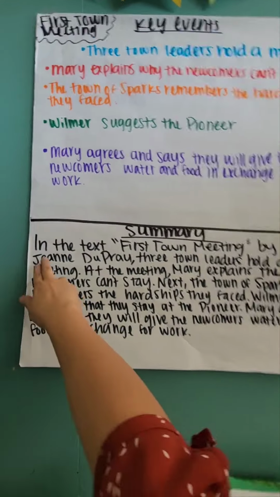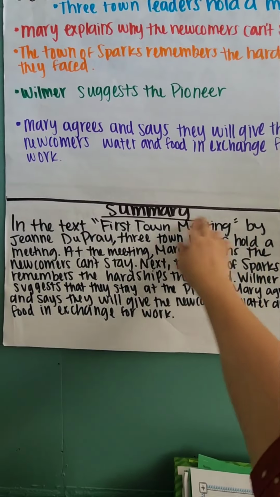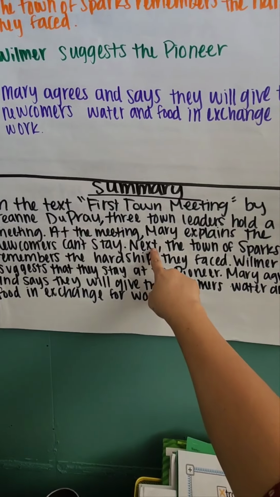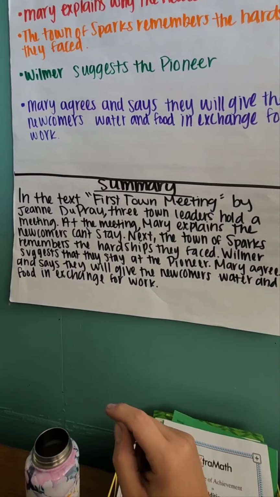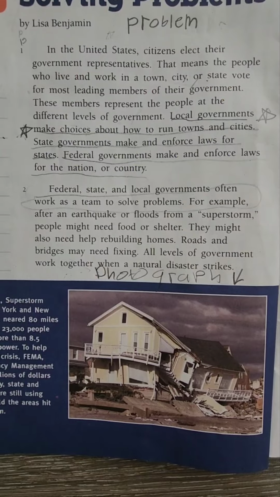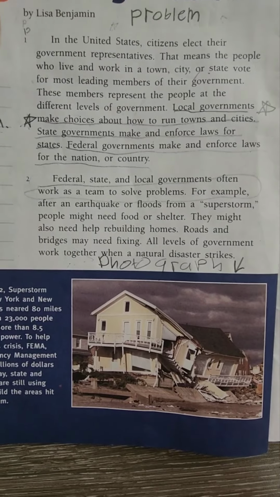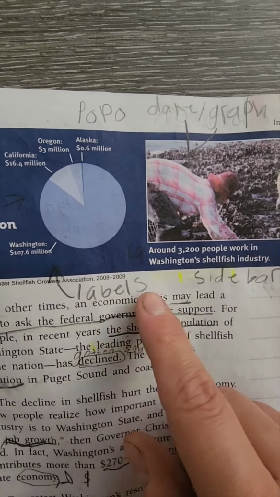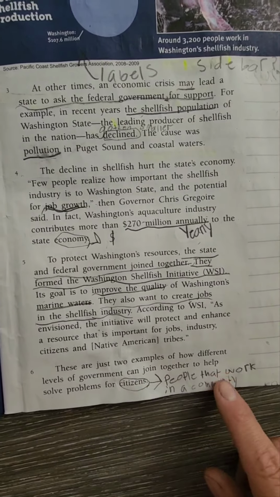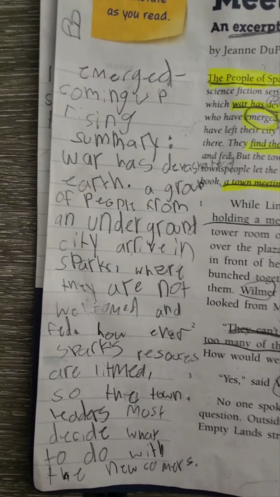So if you'll notice, we start with in the text. We say where the text is, who wrote it. We've got periods and capital letters, transition words, next, in the text, all that. So there is our example summary. You'll also notice we went over text features like photographs, titles, labels, sidebars, and went over vocabulary like economy means money, citizens are people that work in a community. And then here we have our